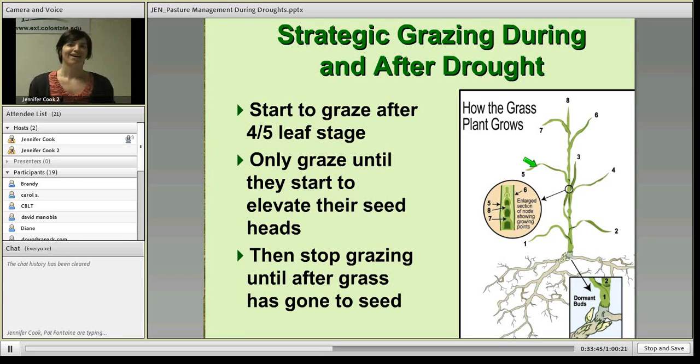All right. So if we do want to graze during these peak growing times, and there's no way around it, even though it's not necessarily advisable, we can do it in the best way possible by waiting until the 4 to 5 leaf stage. So that means we wait till we've got 4 or 5 leaves, 1, 2, 3, 4, 5, off the stem until we start grazing, and then only graze until we see that the plants are starting to